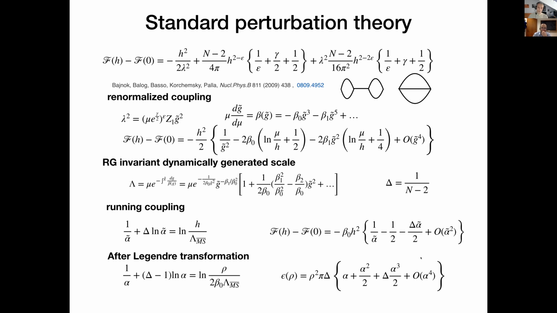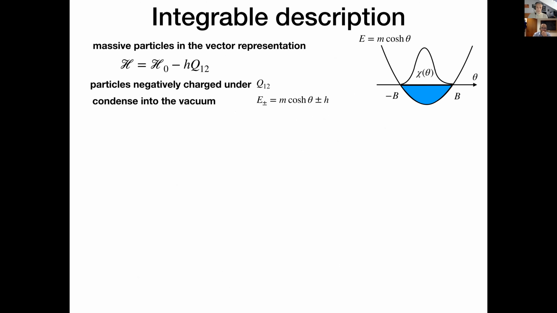So we will switch to the integrable description. And I should say, even in the integrable description, usually it's impossible to get so many terms. It is a very lucky situation that in the O(N) models and a few similar models, you can do this. The integrable description is completely orthogonal to the Lagrangian description, because it doesn't use the ultraviolet degrees of freedom, but the infrared ones, which are the particles.